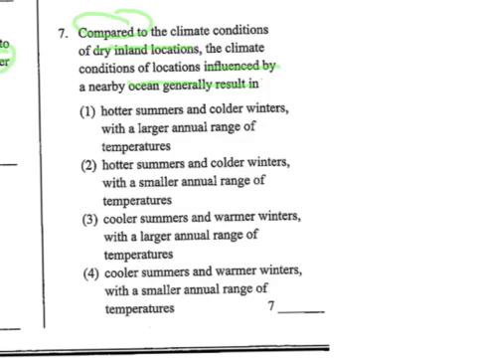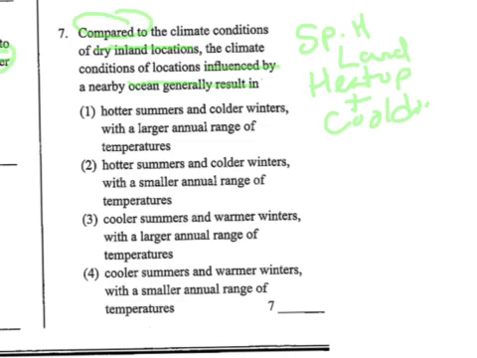What we need to remember is the specific heat of land, which is lower, which means that it will heat up and cool down quickly compared to water, where it will heat up and cool down slowly. So if we know land's going to heat up quickly and cool down quickly, what does that mean in the